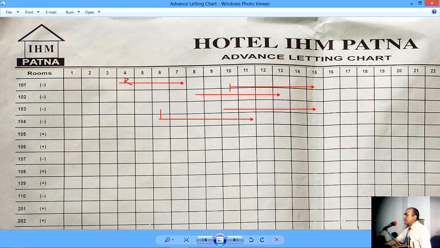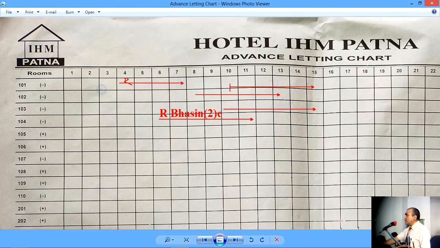So let us say the guest name is R. Bhasin. So you write the guest name like this. If you wish, you could also write the number of persons here, but since we already have the room types there, it is obvious whether the reservation is for one person or for more than one person. But this was just another clue as to how to mark reservations in the advanced letting chart.